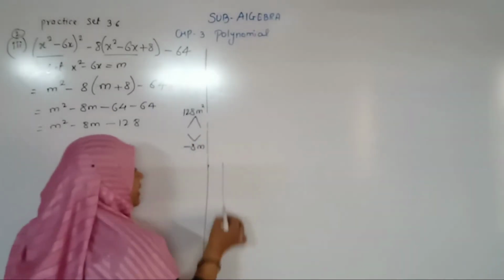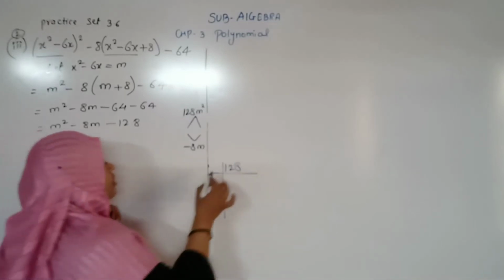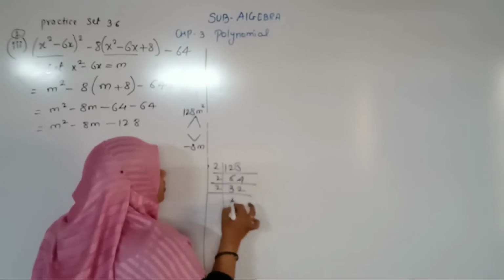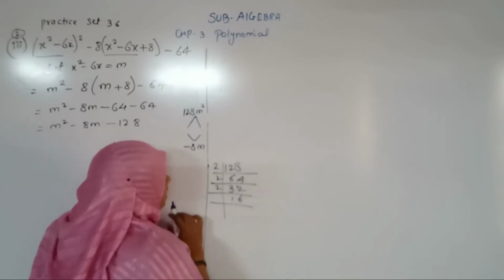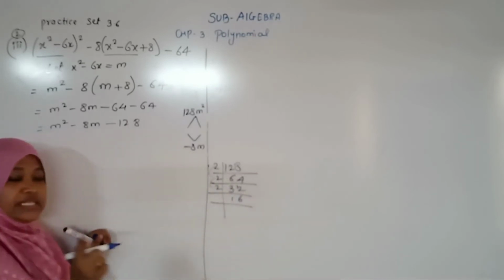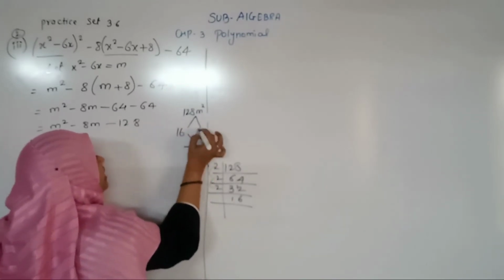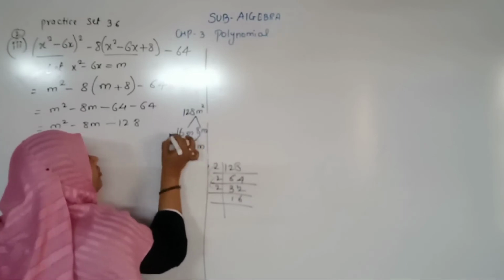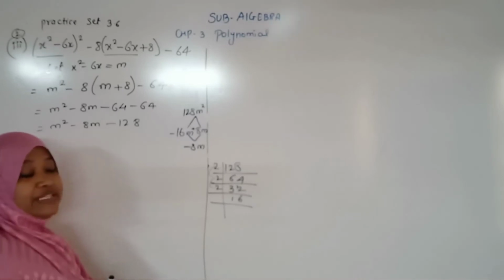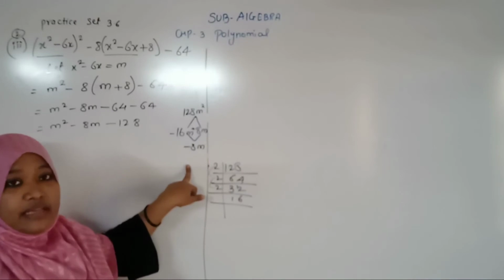See, for this we can take the help of prime factors. 2 6s are, 2 4s are, 2 3s are, 2 2s are, 2 1s are, 1 carry, 2 16s are. 2 2s are 4, 4 2s are 8, 16 8s are 128, and 16 minus 8 I get 8. So what I am going to do here is 16 8s are 128. I have to take minus here because the minus sign is there in the middle term. Next time I will put plus. So minus plus what will it be? Minus 16 plus 8 I will get minus 8m.